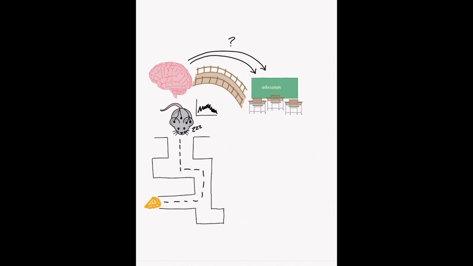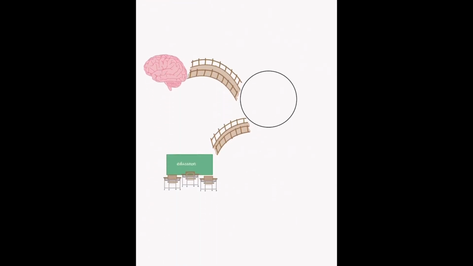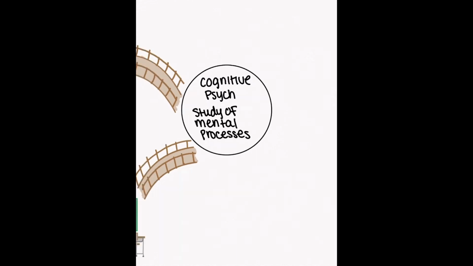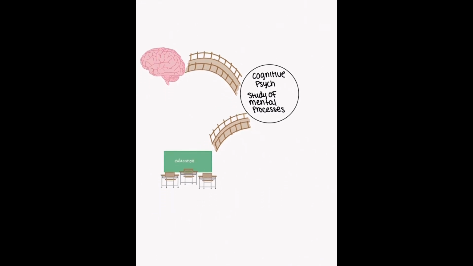Does that mean you make students take a nap after a lesson? Not exactly. This is where the idea of bridging this gap with another intermediary field comes in. This field is cognitive psychology. Cognitive psychology is the study of mental processes. Neuroscience can inspire cognitive psychology studies that are more classroom applicable to find an efficient way to integrate the neuroscience